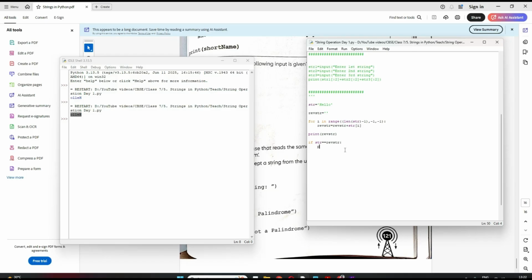If this is true, print it is palindrome. And else print not a palindrome. Clear? Now let's run, see.